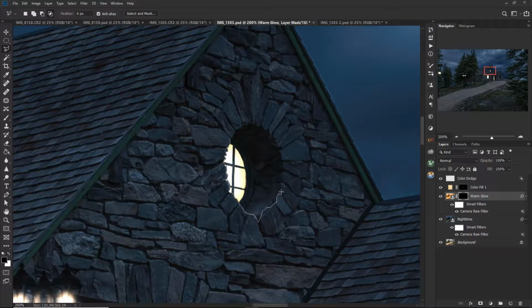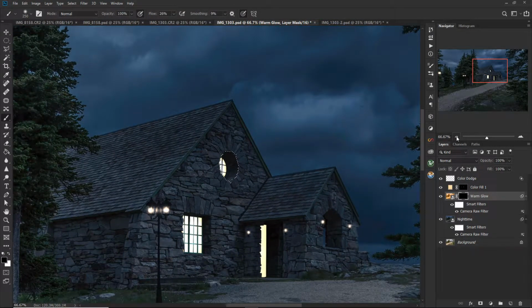Remember that you want to have anti-alias active on the selection brush so that these edges are smooth and not jagged. But it's probably not necessary to have the feather on there. You may want to actually take a little bit more time in selecting that than I did, but just for the sake of this demonstration,